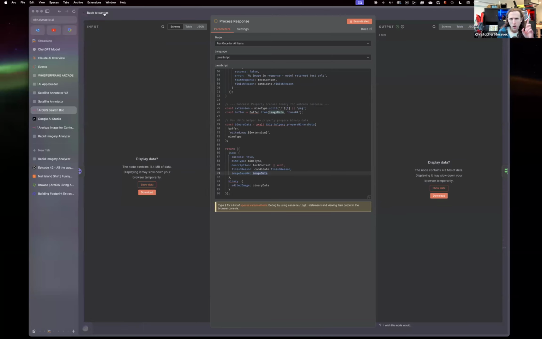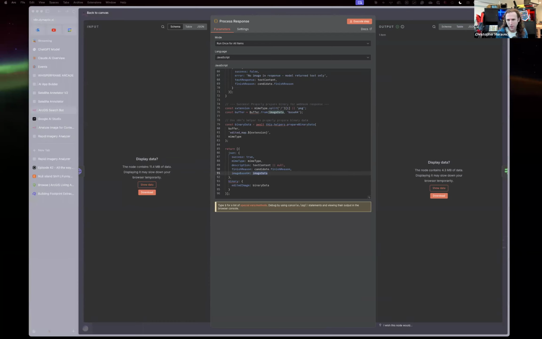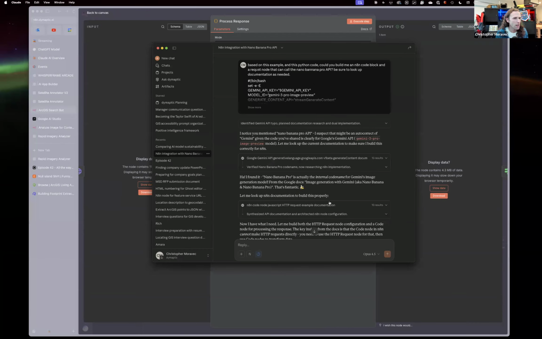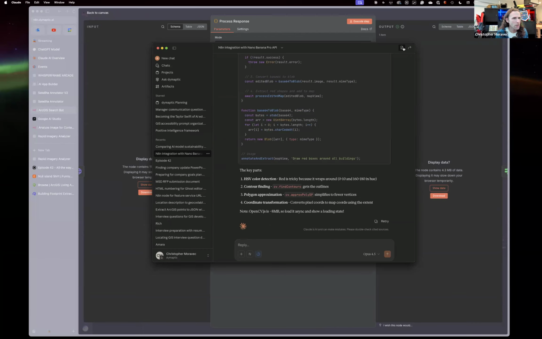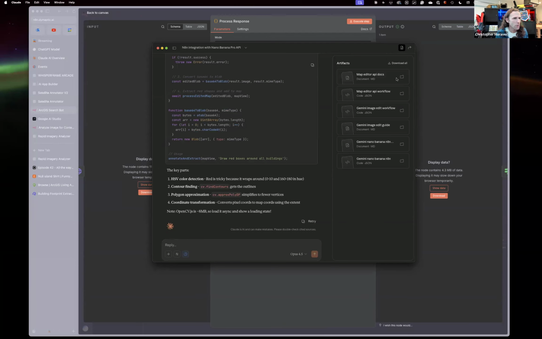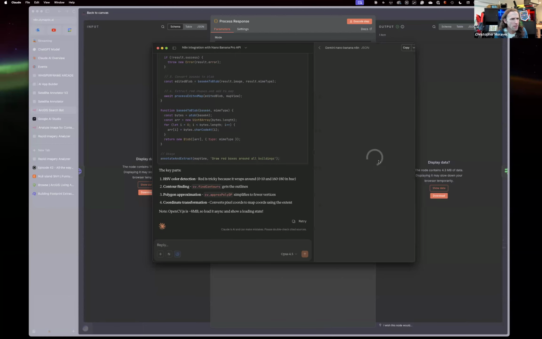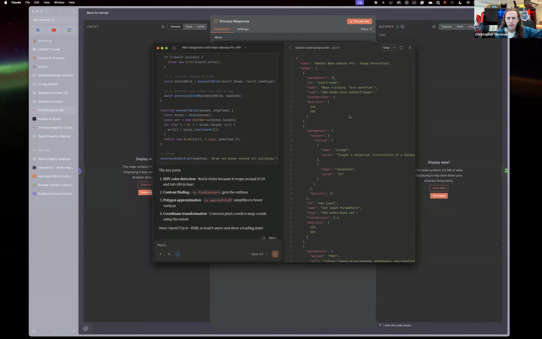And I will admit, I did not write any of this code. All of this code came from Claude. I used Claude to generate this entire N8N workflow the first time. Let me look at what it generated, so Gemini Nano Banana N8N, I think this is it. It actually generated the JSON workflow that I was able to just import into N8N and then